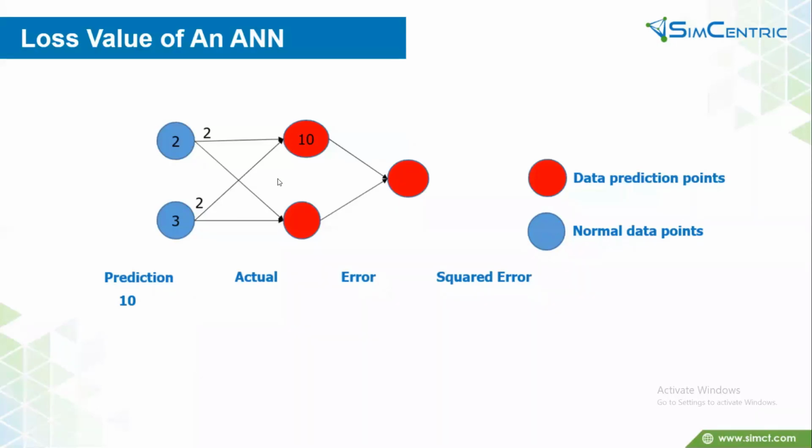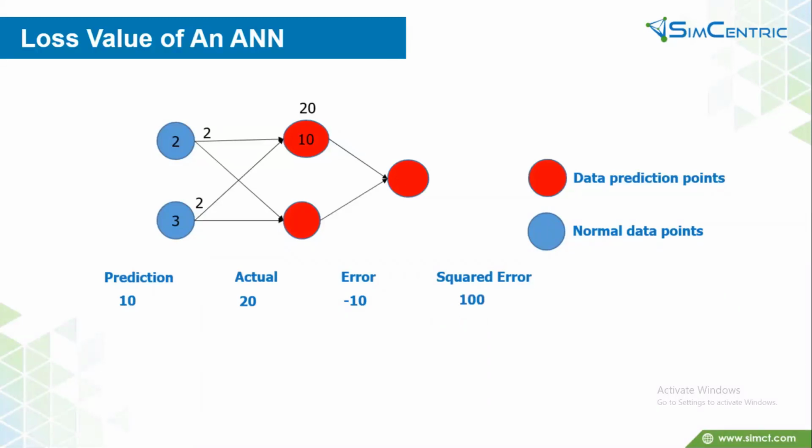But let's say the actual value that we need to get for this node is 20. So prediction is 10, actual is 20. So what's the error? It's minus 10. Since we are discussing the mean squared error loss function, we have to calculate the squared error for